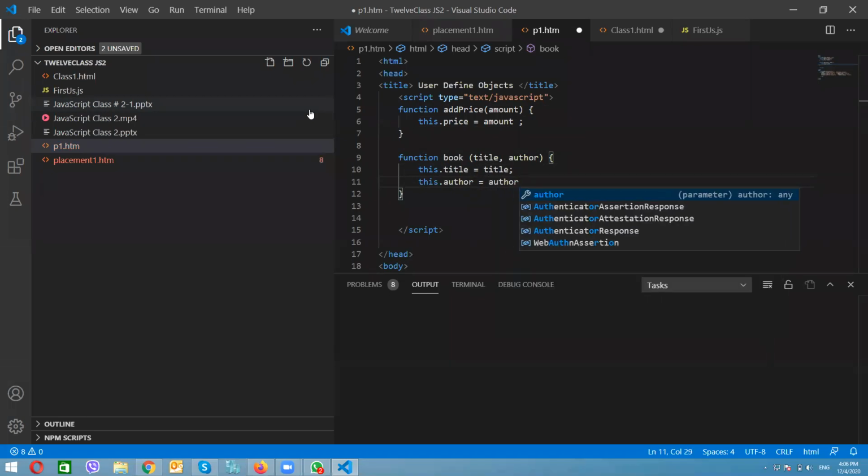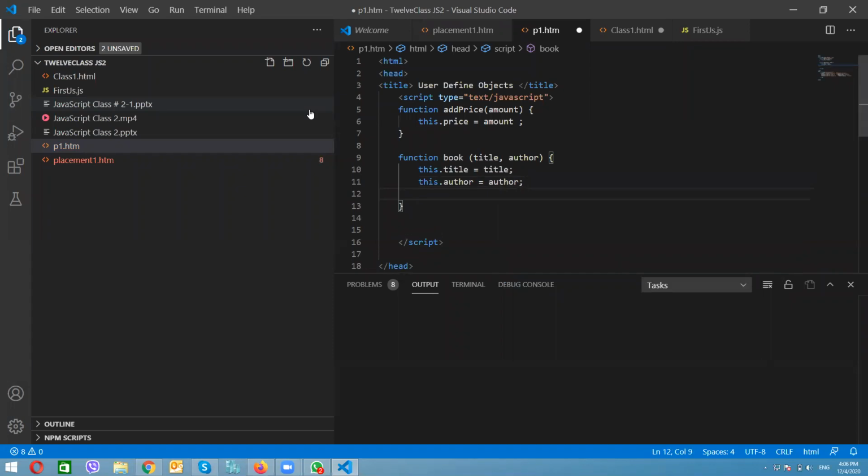Also I am going to create another thing, this dot addPrice. What I am doing is calling a function within the function. This dot addPrice is equal to addPrice, so whatever amount comes will automatically come like that.